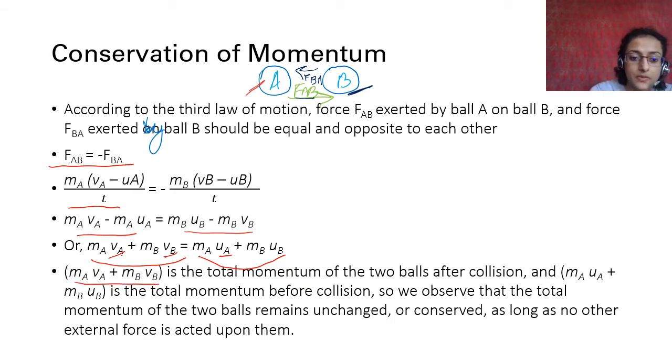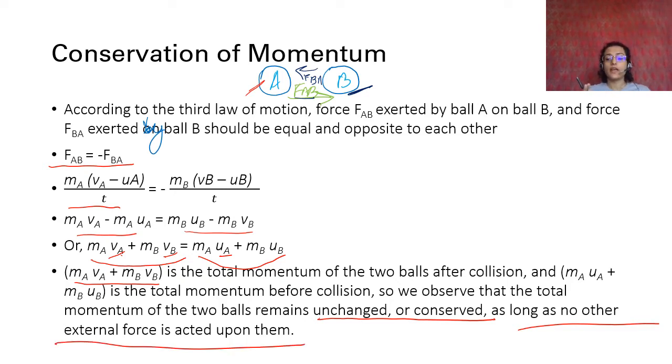MAVA plus MBVB is the total momentum of the two balls after collision, and MAUA plus MBUB is the total momentum before collision, right? So we observe that the total momentum of the two balls remains unchanged or conserved as long as there is no external force acting upon them,